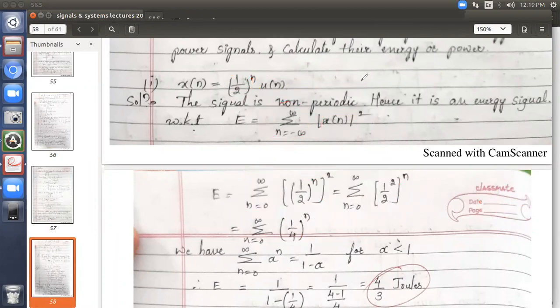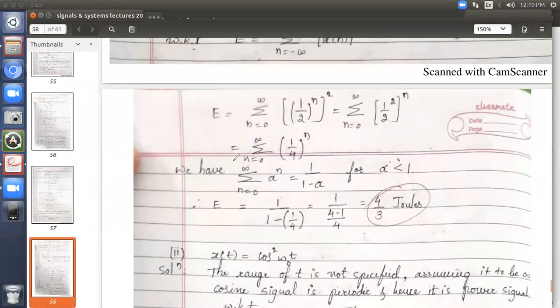Now I have a formula. This is a very important formula. You will be using this throughout in many calculations in many modules. When you will be studying Fourier transforms, when you will be studying Z transforms, this is a very basic and important formula to remember. So please make sure that you remember this.